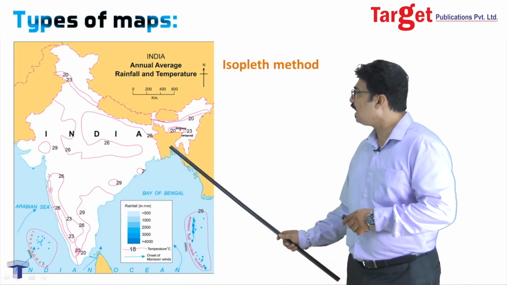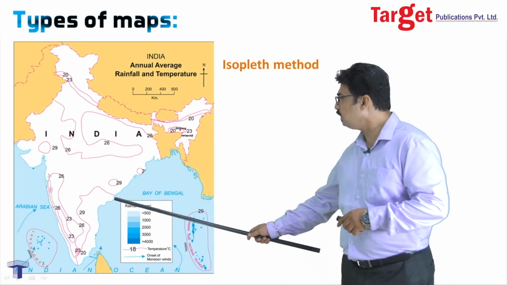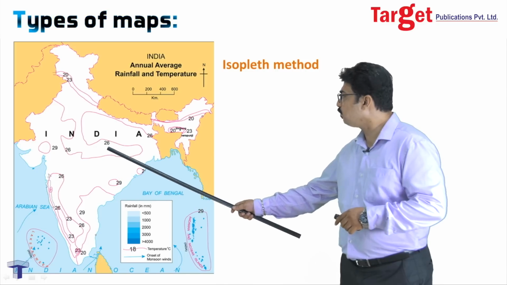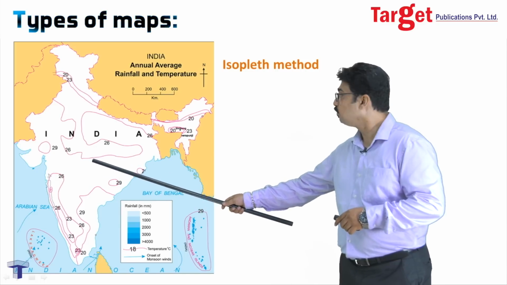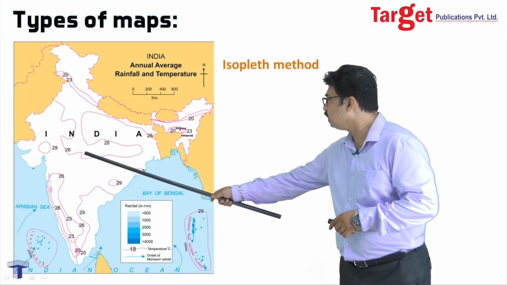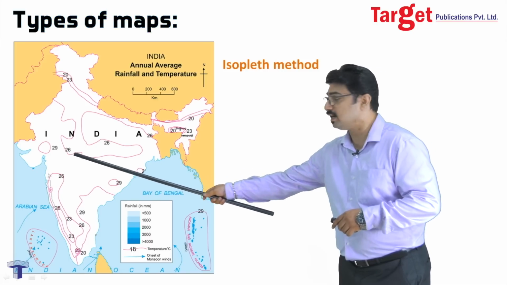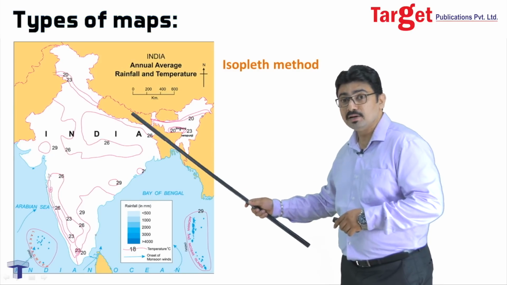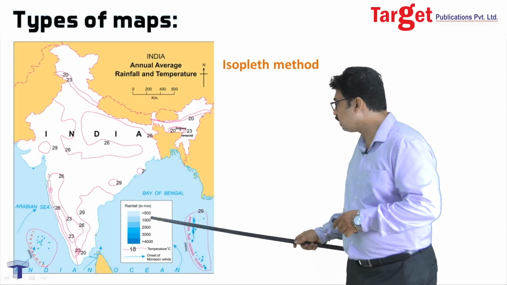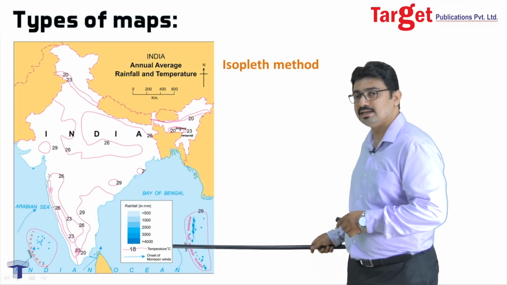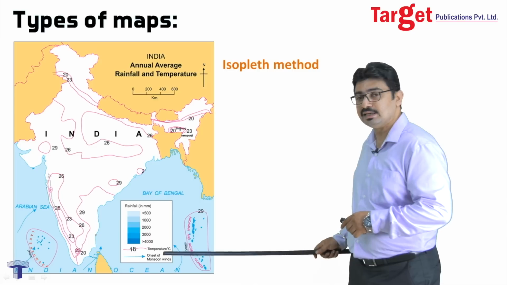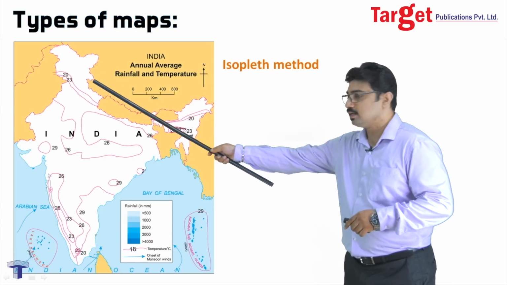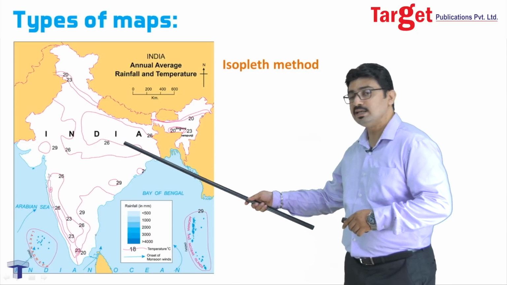If you see, some lines are drawn in this map, right? Also, if you observe, each line is denoted by some magnitude or some value. For example, we see 26 beside a line, we see 29 beside this small circular line, we see 20 beside this line, right? So numbers are associated. And what are these lines? Here in the index, we have written that this line indicates the temperature in degree centigrade. So the temperature where this line is mentioned is 20 degrees centigrade. Over here, it's say 26 degrees centigrade.